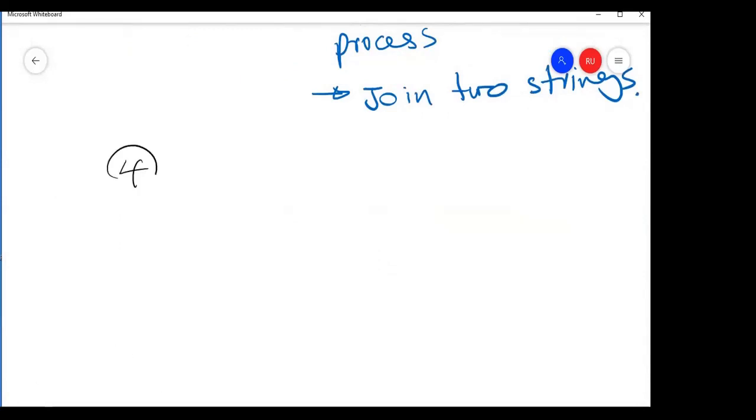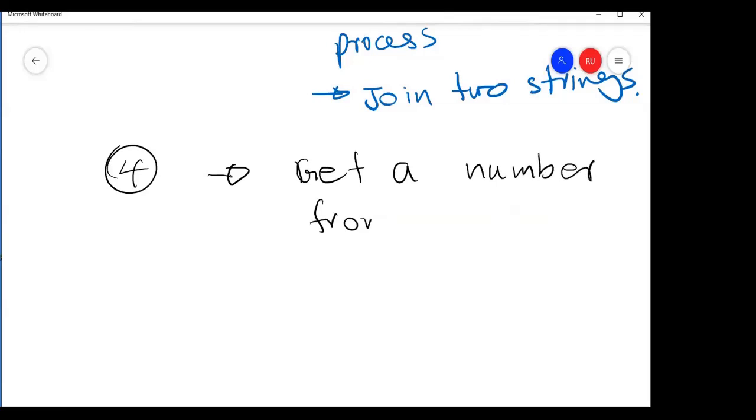Fourth program. Now we want to get a number from the user.